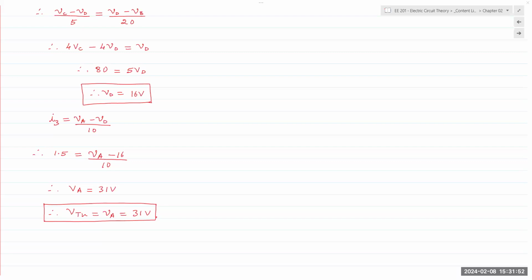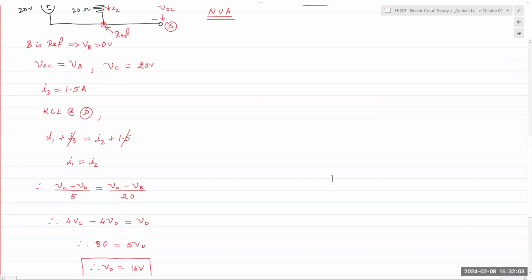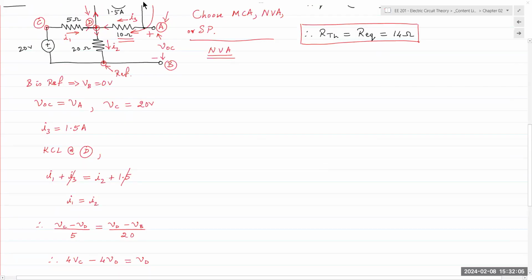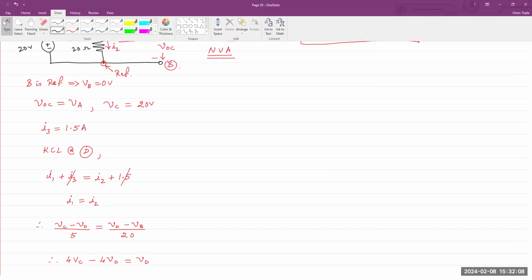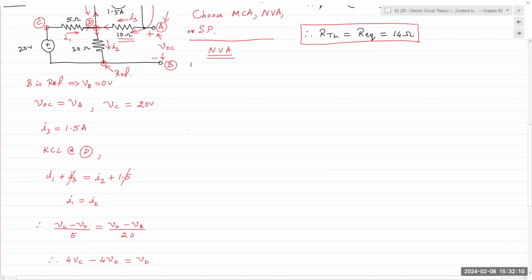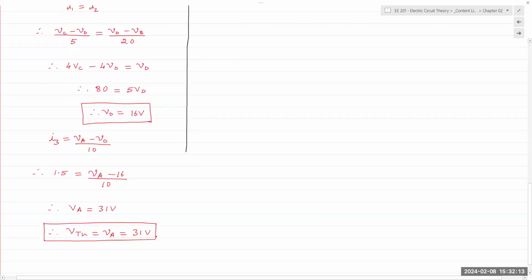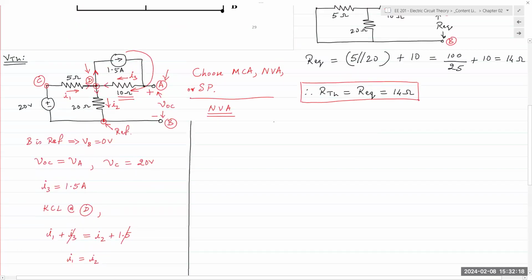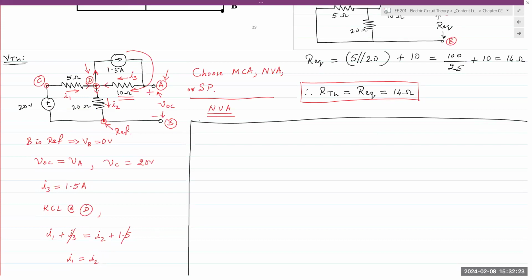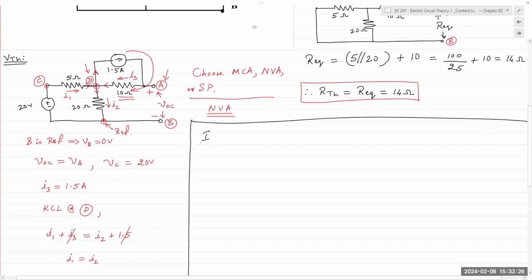All right. Then let's find our last remaining quantity, which is the Norton current. For Norton current, I'm going to draw out a line right here. Norton current requires a short circuit between our output terminals, the exact same circuit,